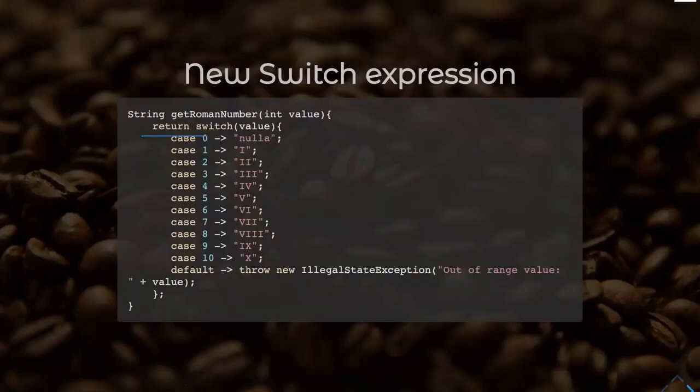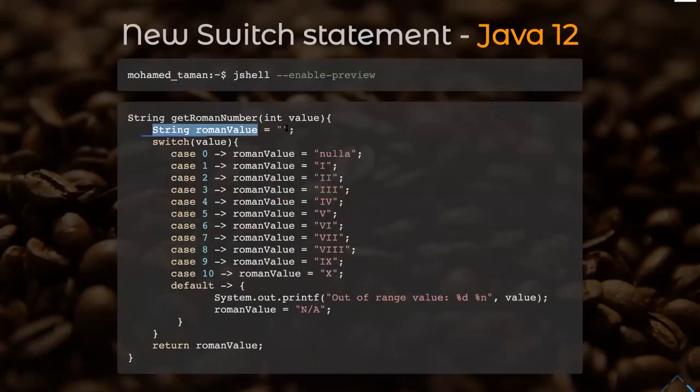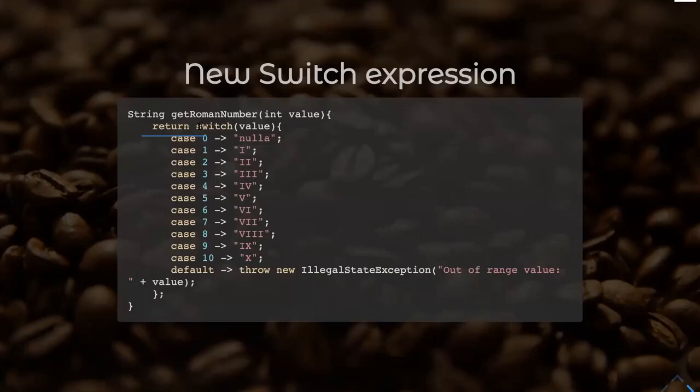And then we introduced expressions. Expressions mean assignments, so you can assign the return value from the switch to a variable or as the return of the method, as I did here. Here, I removed the declaration for the Roman value, I removed the return value, I removed all this kind of assignment, which is useless. And then it becomes clearer that I would like to return what is returned from the switch, with just the arrow token. Here is the return value in case of 0, 1, 2, 3, 4, 5, and then the default, just throw an IllegalArgumentException, or whatever you would like to do is the default value.